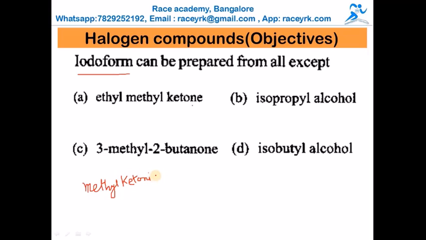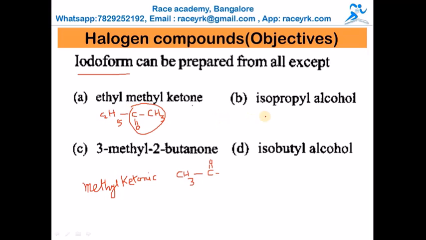Do you know what a methyl ketonic group is? Methyl, you know, is CH3. And ketone means a carbon linked with a double bond to oxygen. This will be obtained from ethyl methyl ketone. Why? Because if you write the first one, it is nothing but C2H5, CO. This is C double bond O, a ketone, a methyl ketone, so CH3. So definitely in this we have a methyl ketonic group.